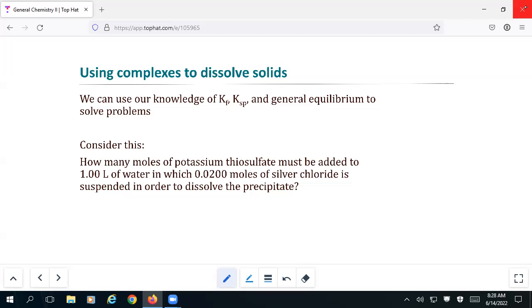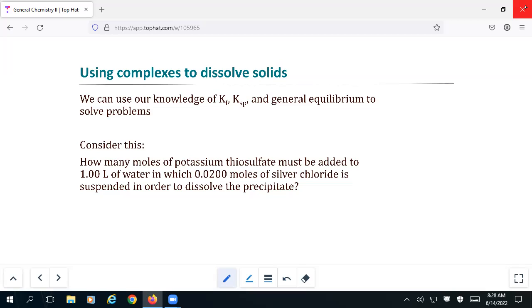It's a combination of some equilibrium concepts that we started off with in chapter 14, where you can combine a couple of equations together to get a new equation and a new equilibrium constant by multiplying the equilibrium constants of however many steps there are, as well as looking at the formation constant and